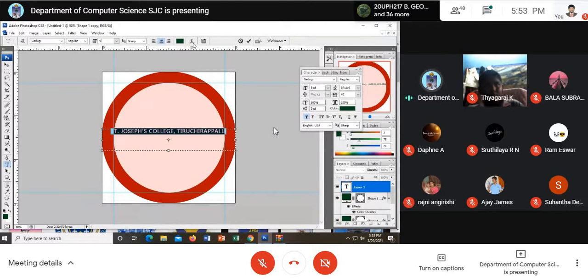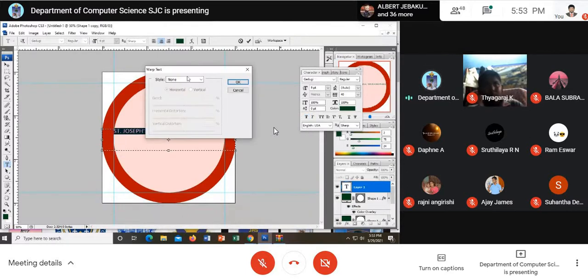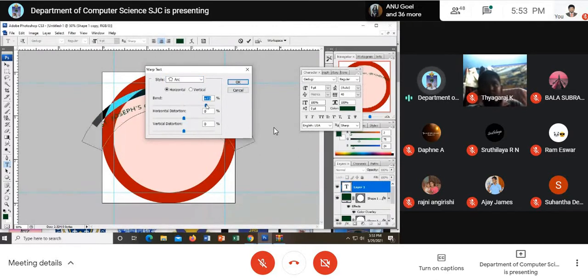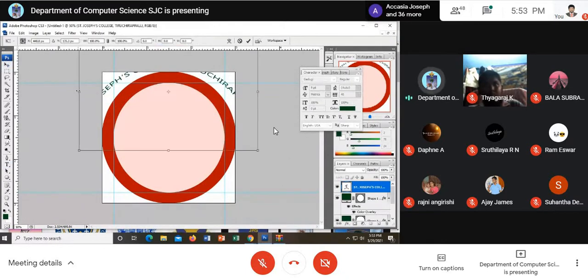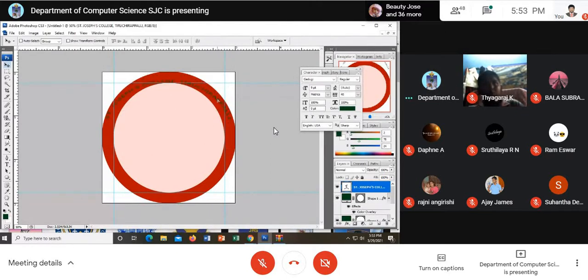See, I will have to make this into a circle shape. Now how do I do that? I click over here and see here, right? I take the arc, press 100 fully, and change it, bring it here inside, then it will be okay. See here. You will have to adjust like this. Okay. Yeah, I have got it.